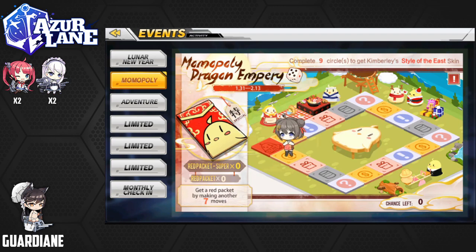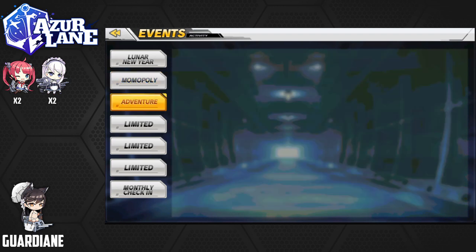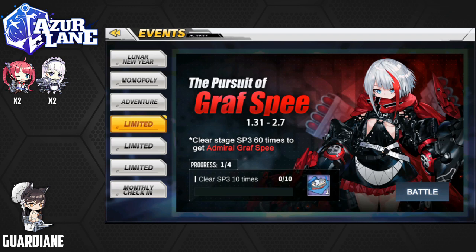Okay, so those are the 3 Lunar New Year events. So we have the Pursuit of Graf Spee, as the name implies. It's a little 3-segment mini-story that covers the chase for Graf Spee. And as it says right there, if you complete SP3 60 times before the event is over, which should be relatively simple to do, we get Admiral Graf Spee, so I don't have to actually summon or pull for her,